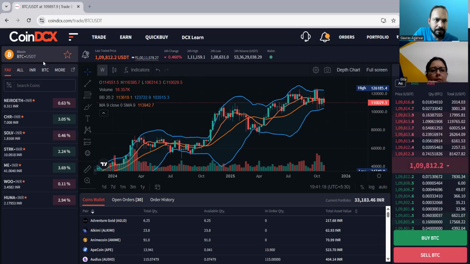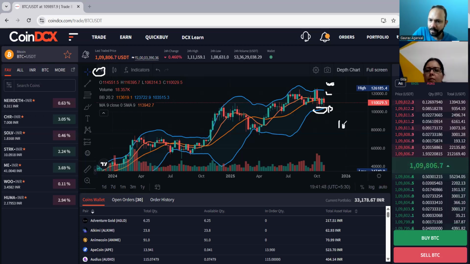So now I have selected the weekly chart. Since you are doing the investment, focus on the weekly or monthly chart only. Don't check the hourly or daily chart, right? As I have explained earlier, the lower Bollinger Band is the demand zone and the upper Bollinger Band is the supply zone. So the price is near the lower Bollinger Band, so here you can put some money. You can start investing some percentage. Let's say you want to invest around 10,000 in whole, then you can invest around 2K, or 2.5K, here.